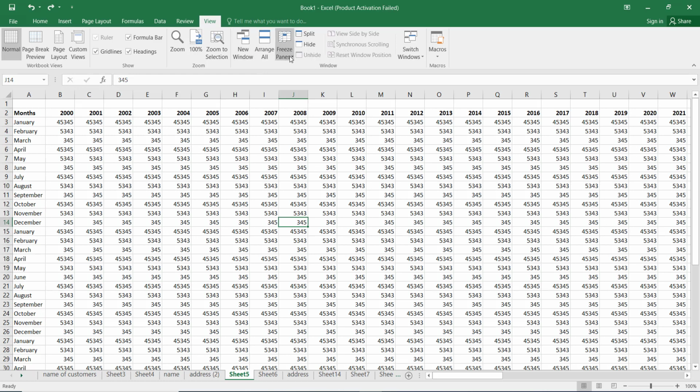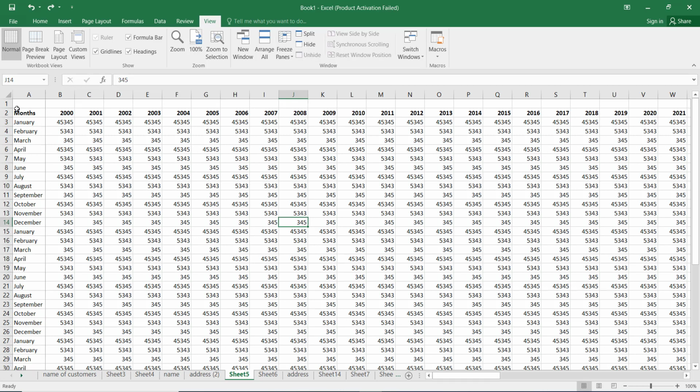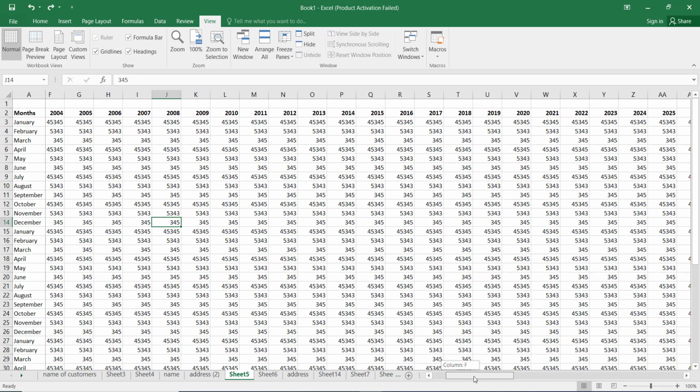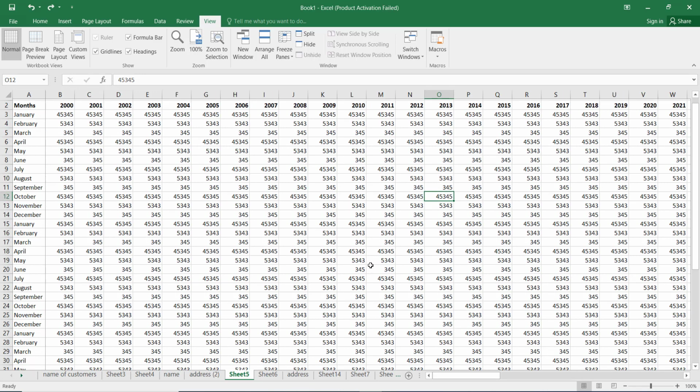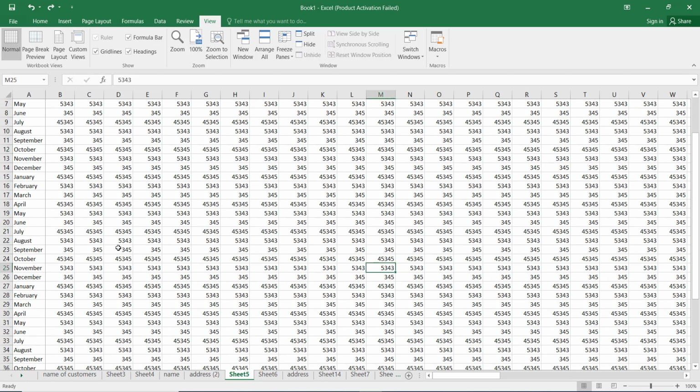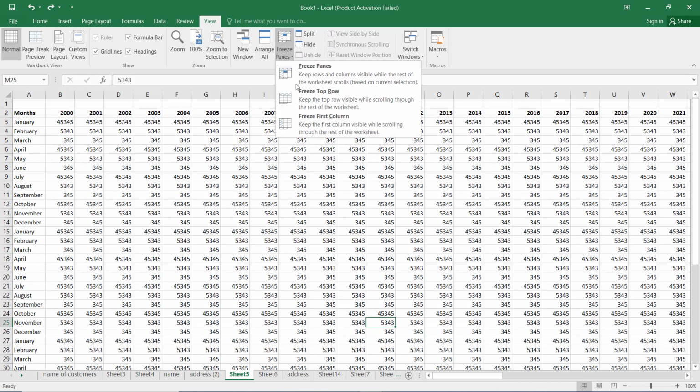But better we'll go to the Freeze Panes option. If you choose Freeze First Column, then if you click, it will freeze this column. Then if you move to the right side also, it will be the same. So if you want to see this value, you can easily understand, okay, this is for October and the 2013 value. The same way, but if you go downside, you can understand this is the value for November, but which year you don't know. So in that case you can unfreeze, and you can freeze